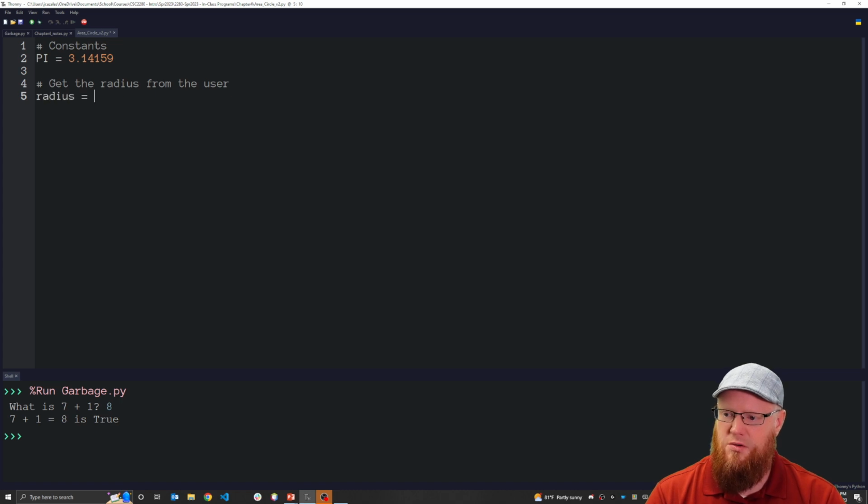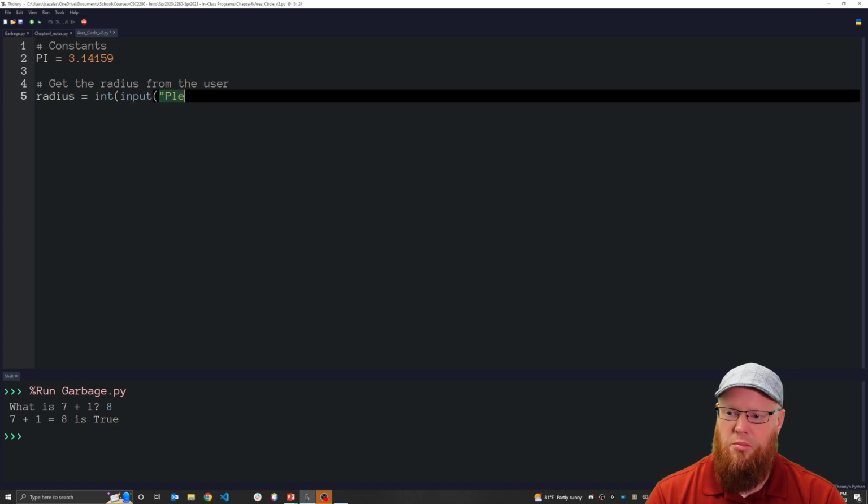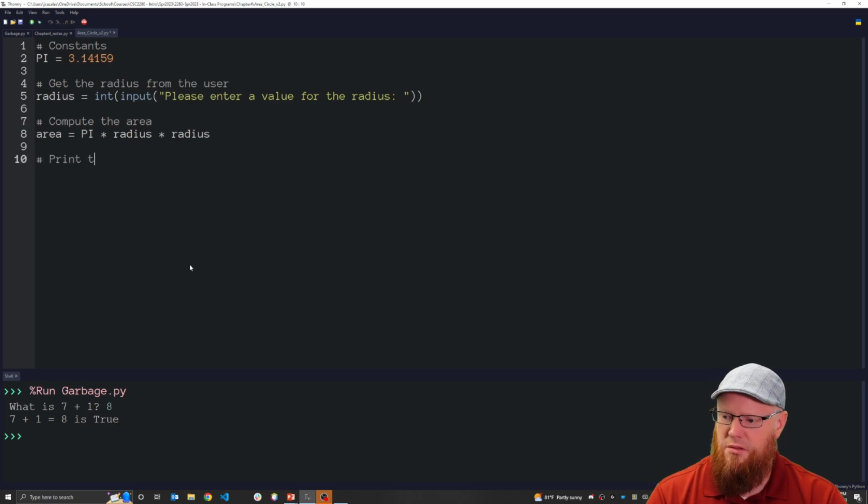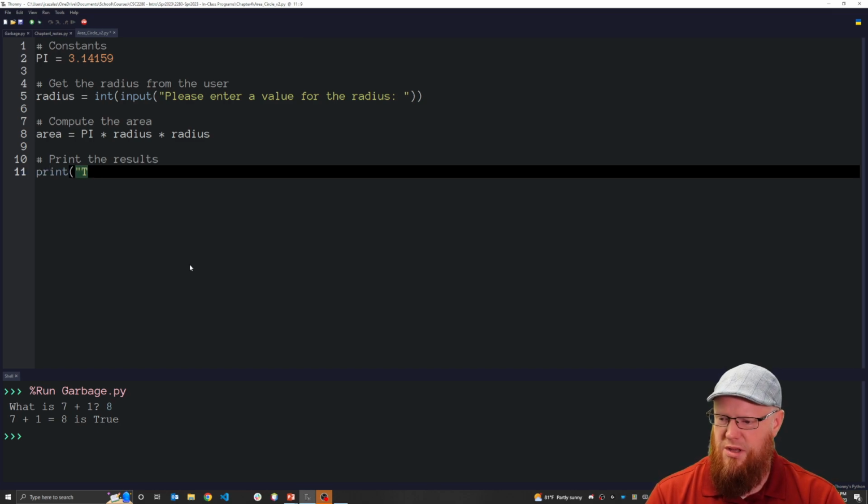So radius equals int input. Please enter a value for the radius, right? And then we need to compute the area. Area equals pi times radius times radius. Pretty straightforward. And then finally print the results, and however you'd like to word this, the area of a circle